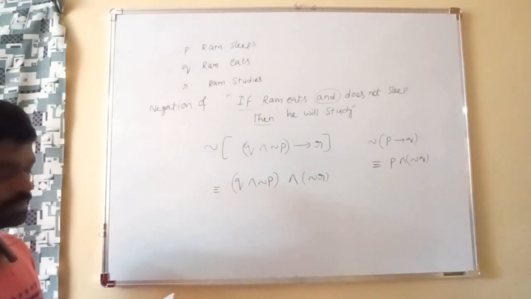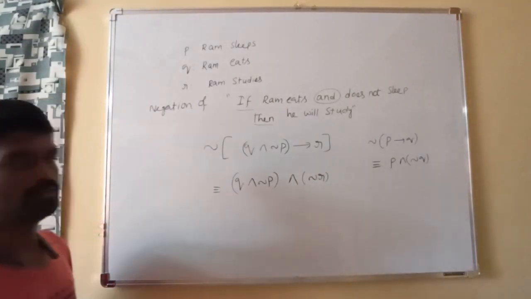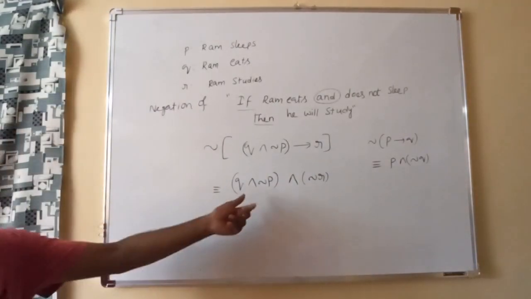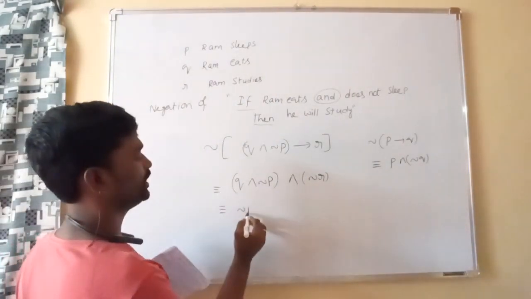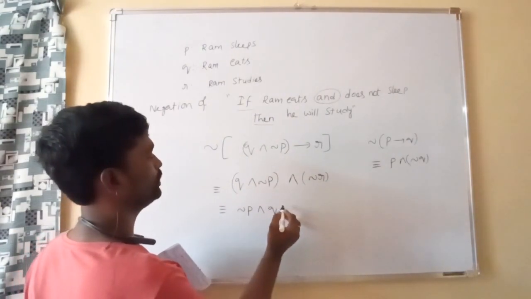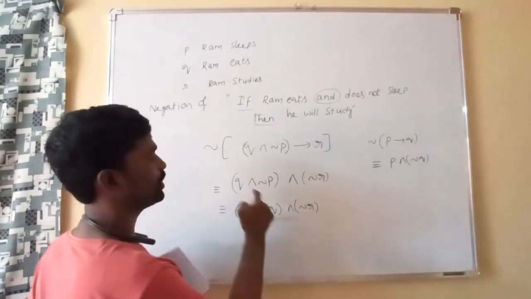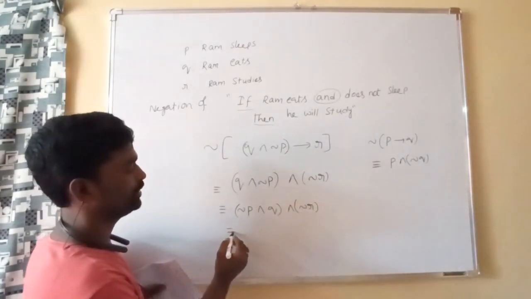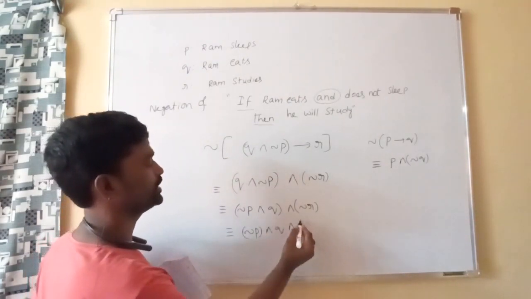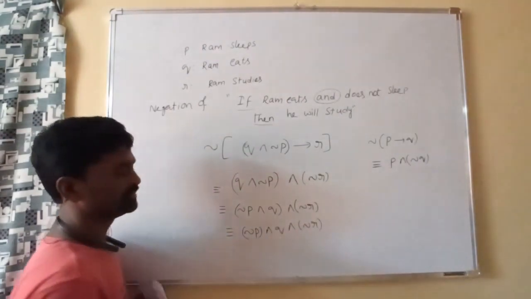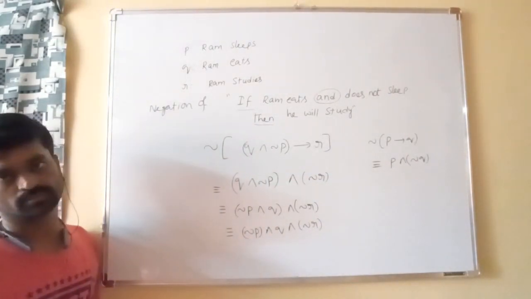And you try some problems. I'm going to give some problems, some 4 to 5 problems. Okay, I hope you copied this. So this is the answer only. Further, if you want you can simplify like this also: negation P and Q and negation R, because of the commutative law. Or you can write like this also directly, negation P and Q and negation R, just like A intersection B intersection C.